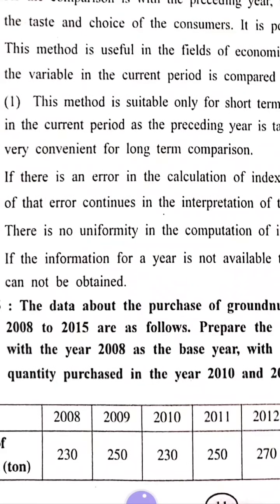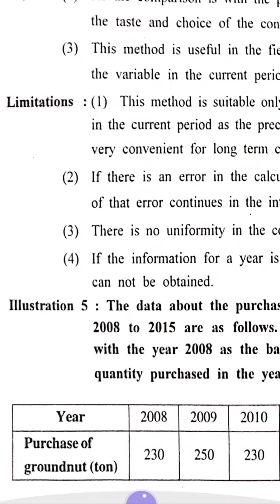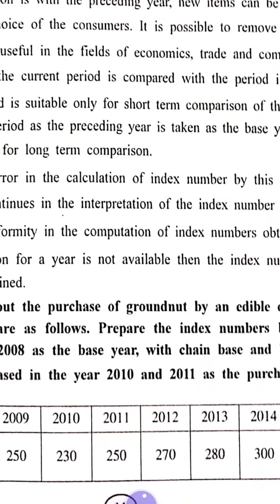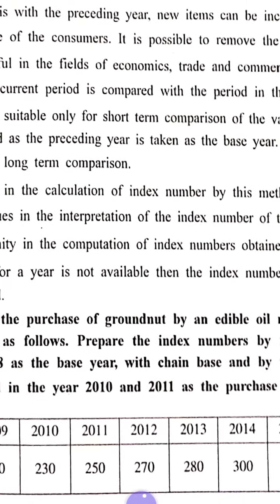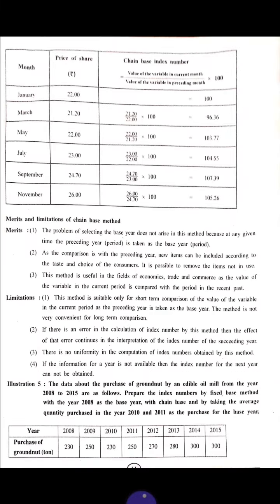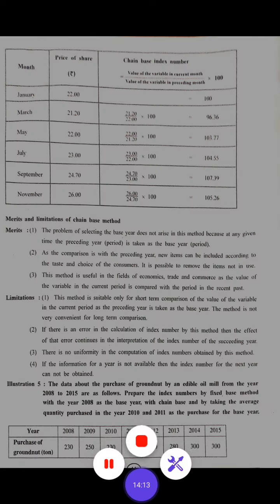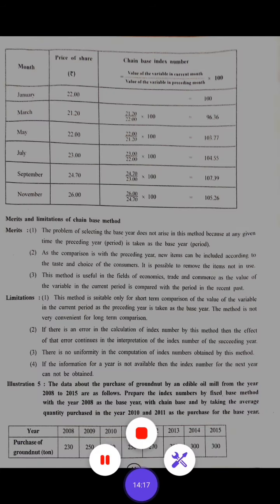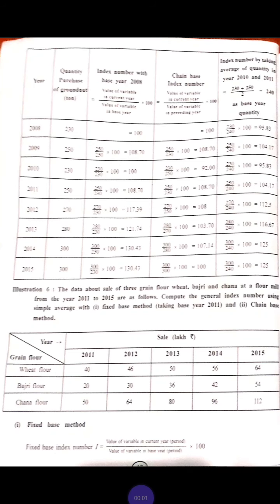So in the denominator, as the base quantity, you are going to take 240 for each and every year, and you are going to find out the index number. So that is how you do this sum. That will be the homework, because these 3 types of sums we have already done. We have already discussed the fifth sum.